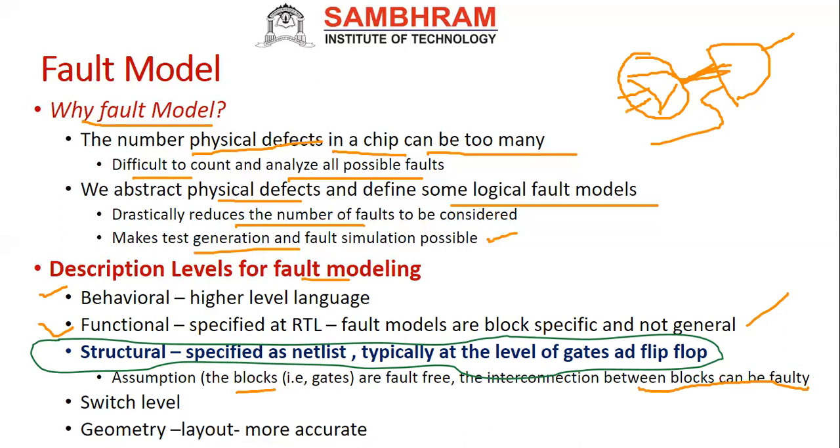So with the help of the structure we can find faults. Now, we can go to the switch level also, which is possible using NMOS or CMOS circuitry. Then geometry level fault modeling, that is the layout. At this level it is more accurate, because when you properly draw the layout diagram it is very easy for us to check, since defect, fault, and error are all three interrelated, especially in the layout, because only in the layout can I easily say whether it is a short circuit or an open circuit.